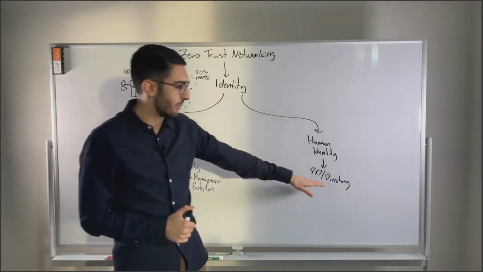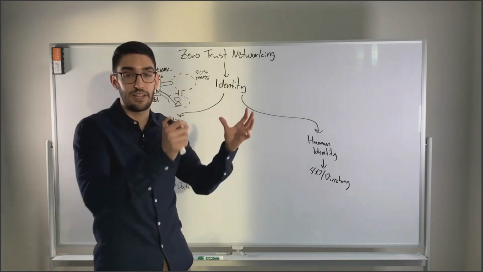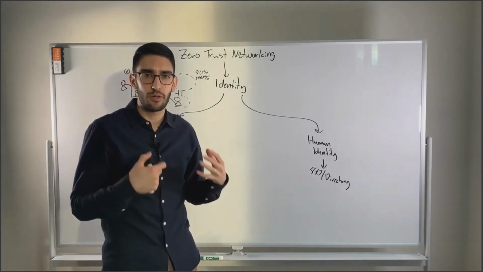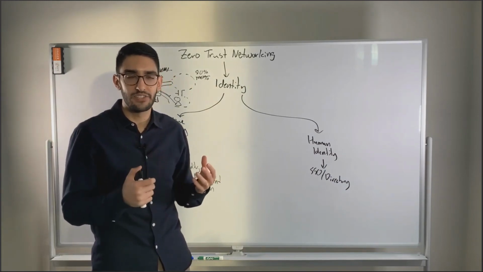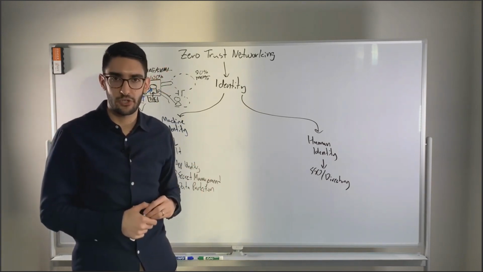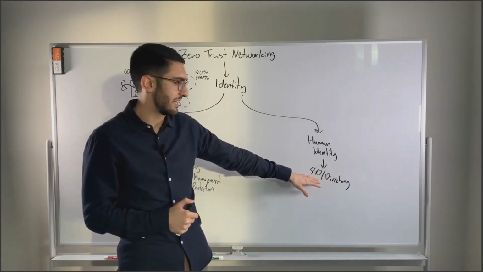But what it boils down to is I want a common directory of all my employees and maybe what groups they're in. So I know this is a set of DBAs, for example. And then the single sign-on is I need some cryptographic way to assert that identity in other systems. That might be OIDC, and I have a JWT token that's signed. It might be SAML, and I'm making an assertion about these users. So there's a number of different tools and technologies, but it kind of boils down to the same thing.